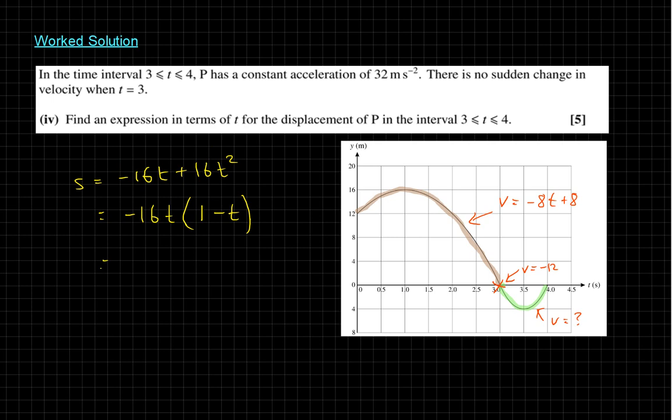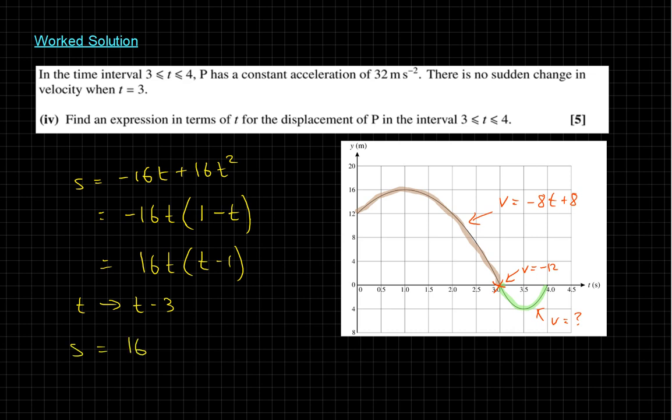Then let's also change that around to get rid of some minuses. That's the same as this. Now, I shouldn't say equals. I'm going to do a shift, t goes to t minus 3, and now we have s is equal to